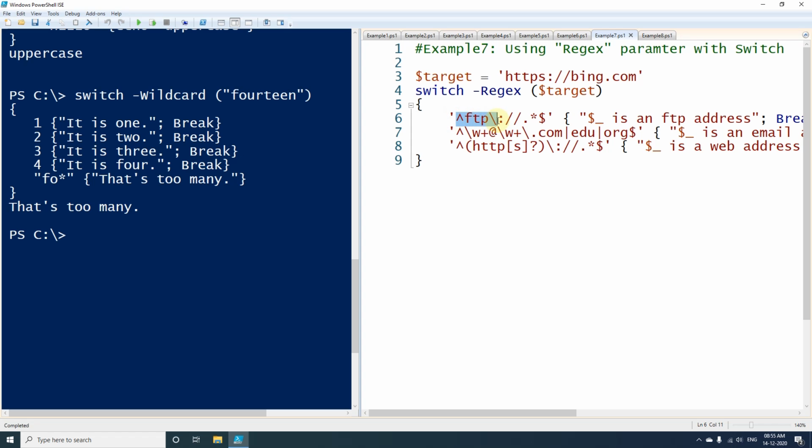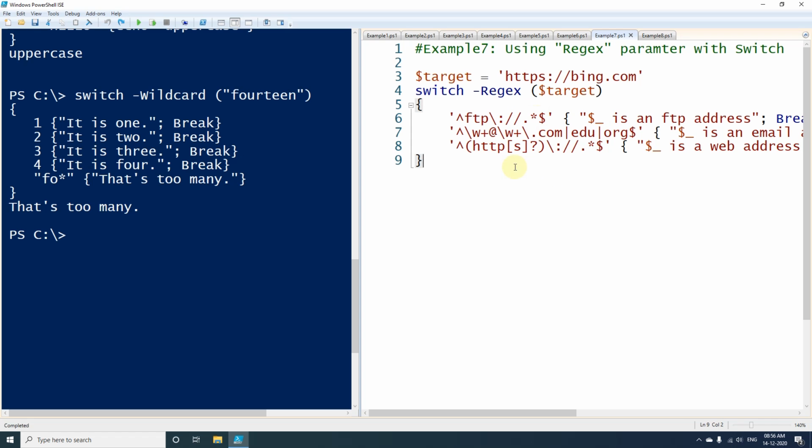So this path should start with FTP, and after that we try to match a word ending with .com or .edu or .org. It is kind of an email ID because we have used the at sign here. So some word at, again some word, after that either .com or .edu or .org. So these words should be at the end, and it can end with any of them.